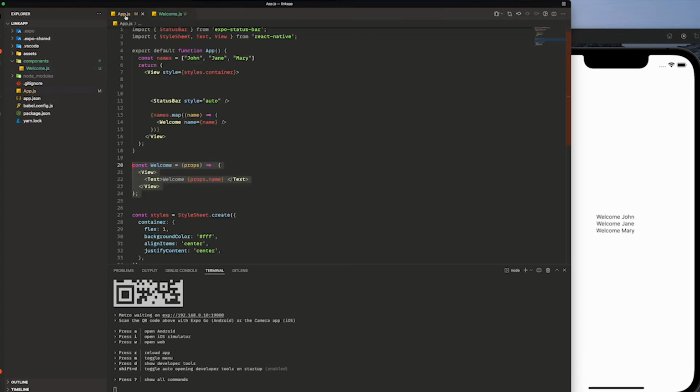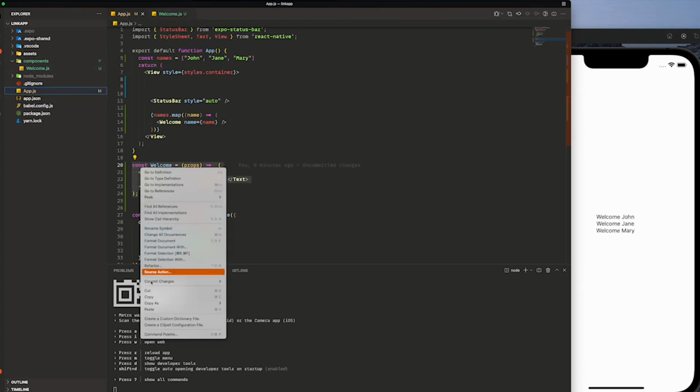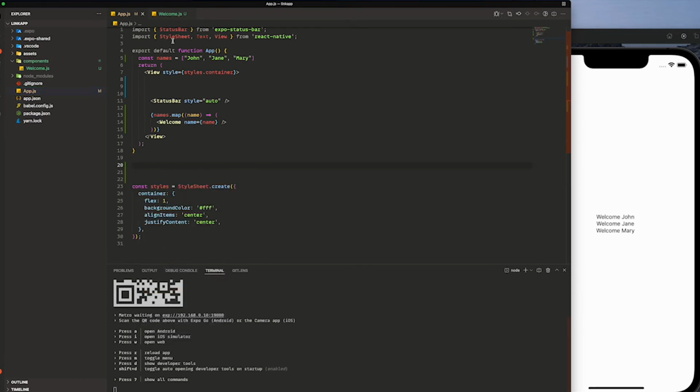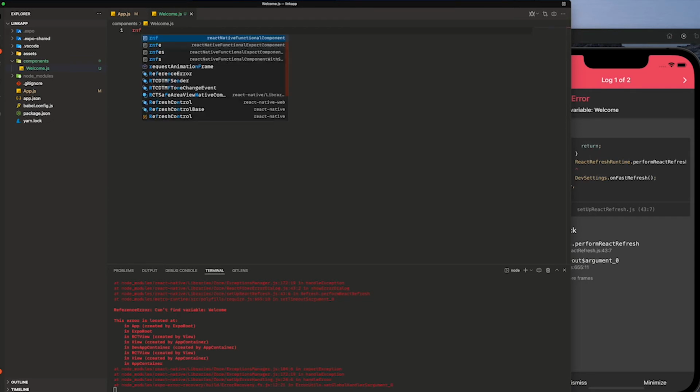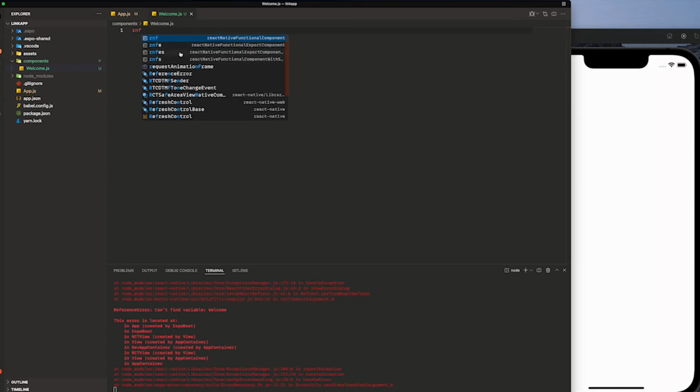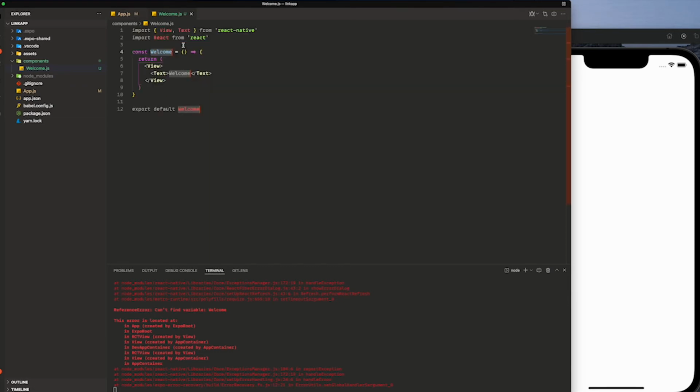In this welcome.js, I'm gonna take this component, come to welcome.js, and I will do React Native functional component, and then replace this with that,